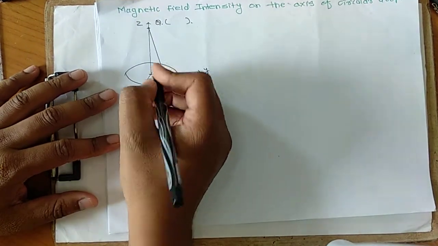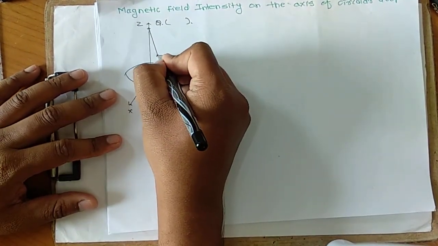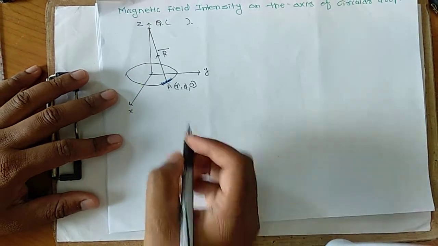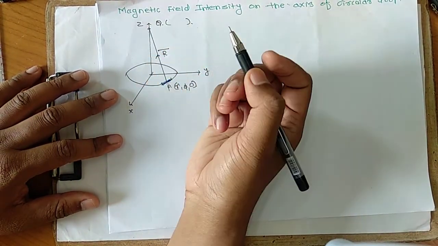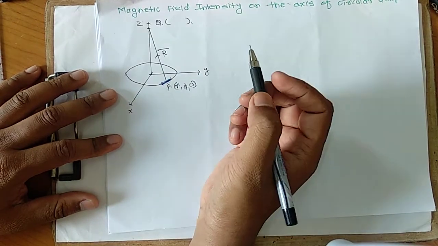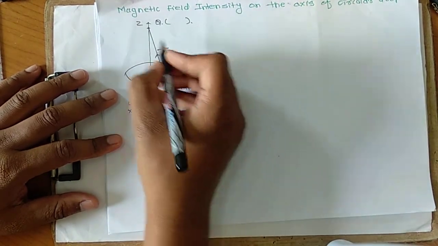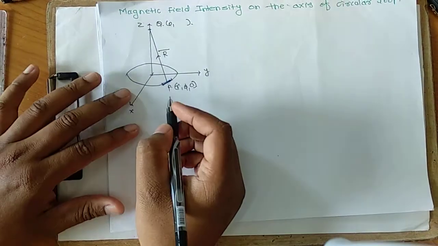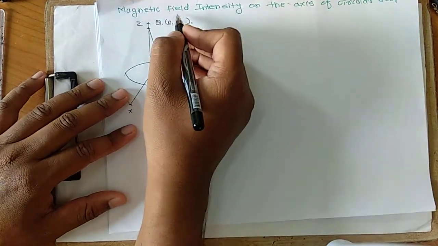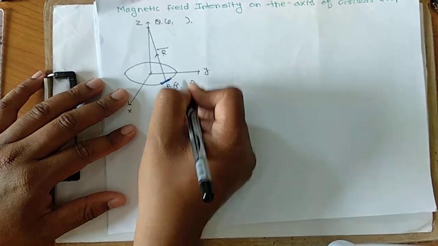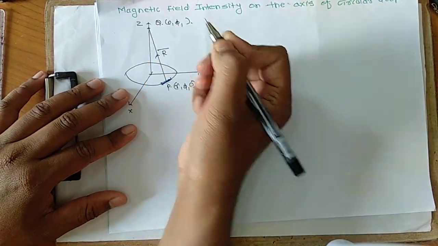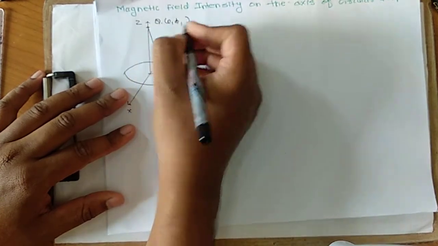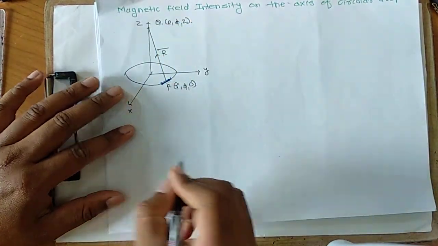Okay, so what will be the direction of R bar? The direction of R bar is towards point Q. So we have to find the coordinates of Q. What are the coordinates? R, phi, Z. R is what? The radius at the axis will be 0. What about phi? Since we are considering a cylindrical coordinate system, we consider the same phi here, and we have to consider Z. So this Z distance will be there; we take it as Z, some distance.